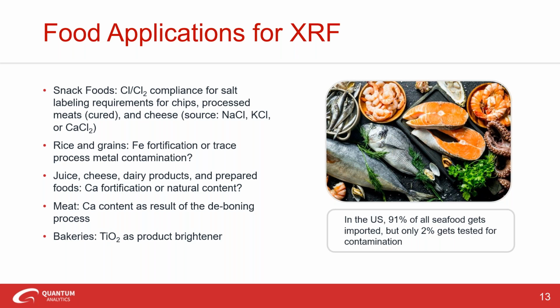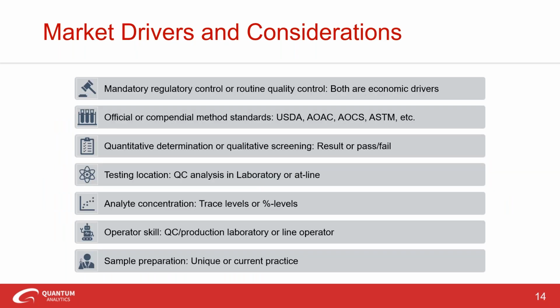And there is an interesting application where titanium dioxide is used as a brightener in bakeries to make your bread bright and white and give it a nice appearance. And then this is something I found pretty interesting, where you might not know this, but in the US, about 91% of all seafood gets imported, but only about 2% of it gets tested for contamination. So it's kind of an alarming fact here. Anyway, so